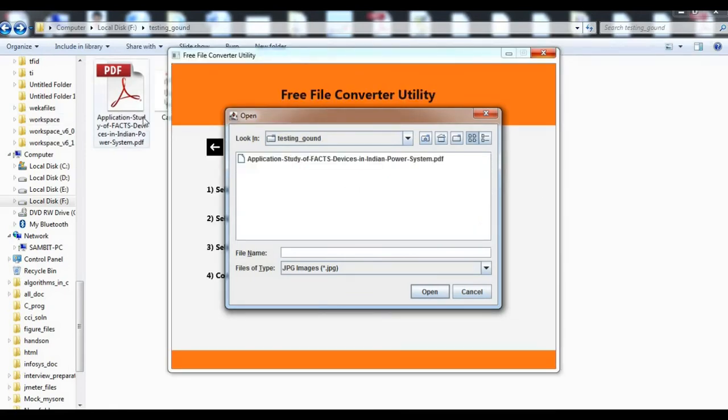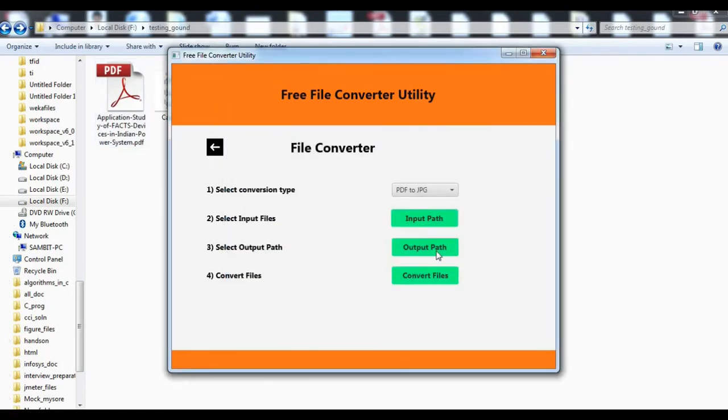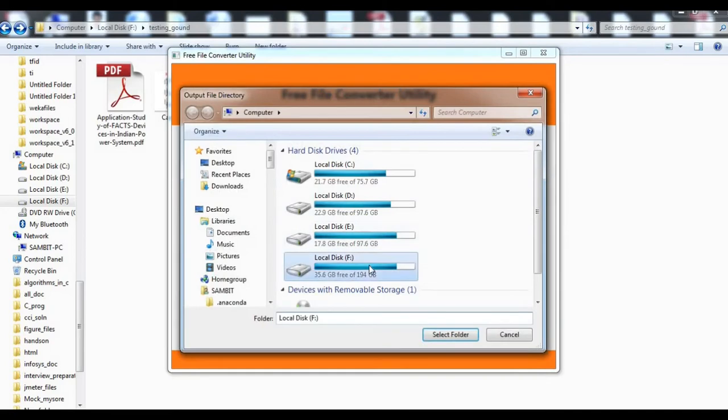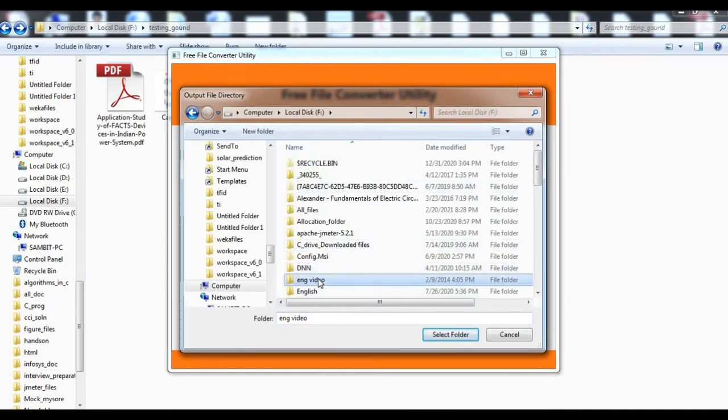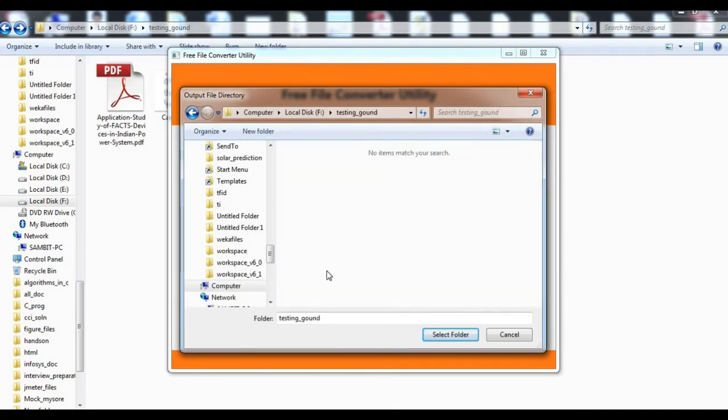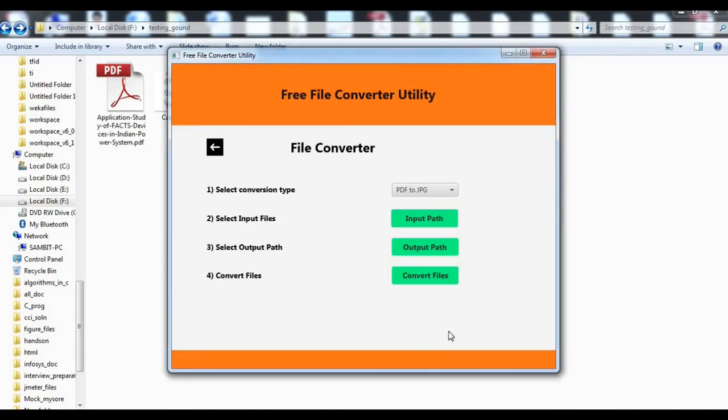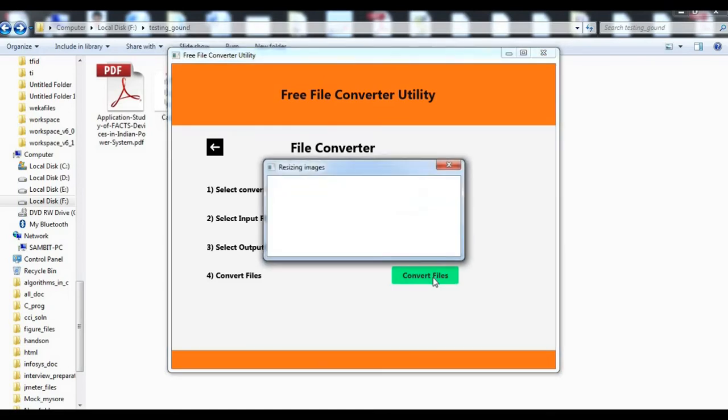I am selecting this file. Then I am selecting the output path, and I want it to be created in the same path where the folder is. Select folder, then select convert files.